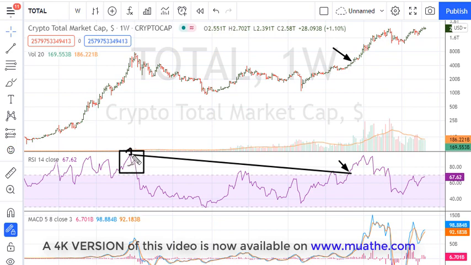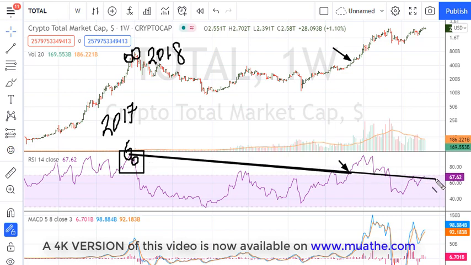You can't see this, but this here is November, December of 2017. The actual top here comes in January of 2018. That corresponds with this lower peak. So yes, you can draw the trend line as I have drawn it, connecting the top all the way down,